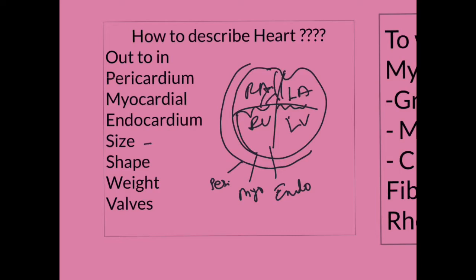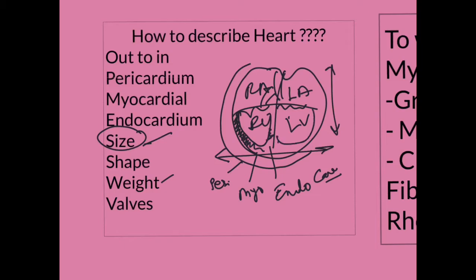Then coming to the size, size is very important when you are talking about the heart, because by the size and the weight you can say whether there is a cardiomegaly or not. An important thing in size is also the thickness of the wall. The thickness of the wall in the right ventricle and left ventricle is very important when you are describing it in the examination, because when thickness of the wall is increased, there are various differential diagnoses, and when the thickness is less, there are various differential diagnoses. So please remember this when you are talking about the heart.